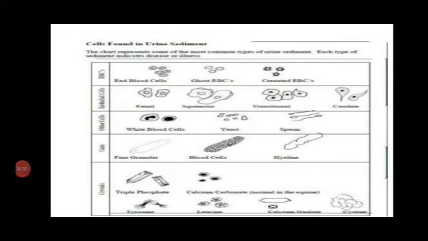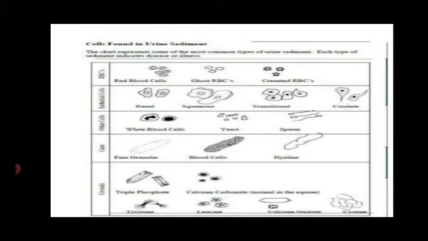So here is the diagram showing cells found in the urine sample. We have studied in detail the different cells that we can see under the microscope in urine microscopic examination. We can see RBCs, epithelial cells, casts, crystals and other cells. So how are RBCs seen under the microscope? They can be red blood cells like ghost RBCs and crenated RBCs. These are the diagrams of how we can see the RBCs under a microscope.